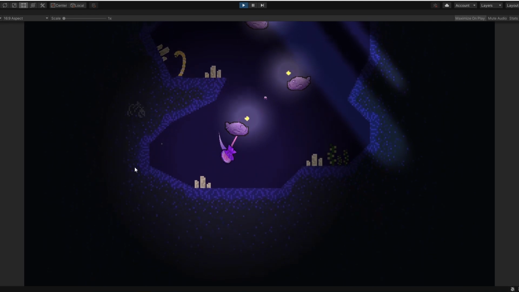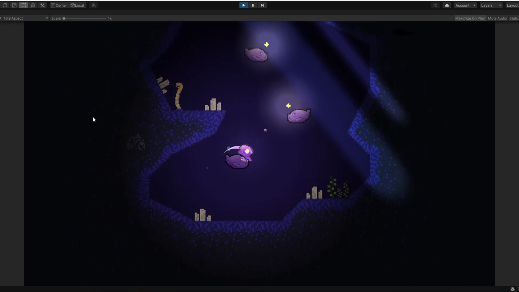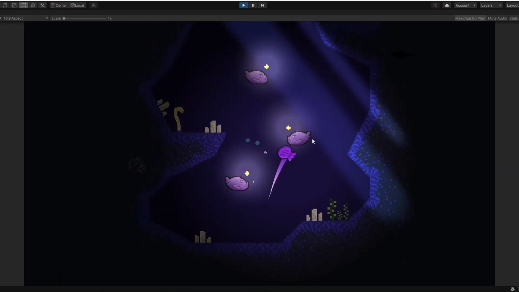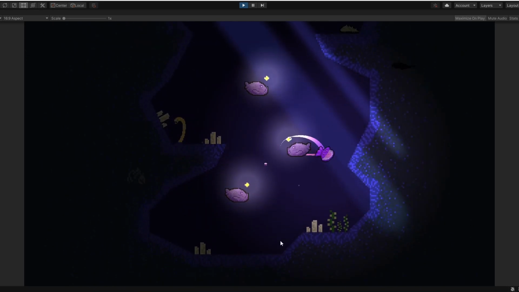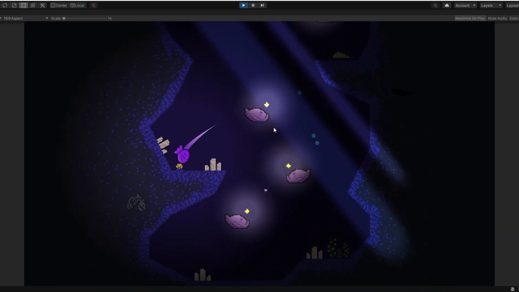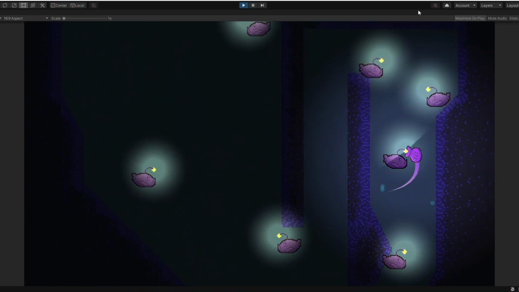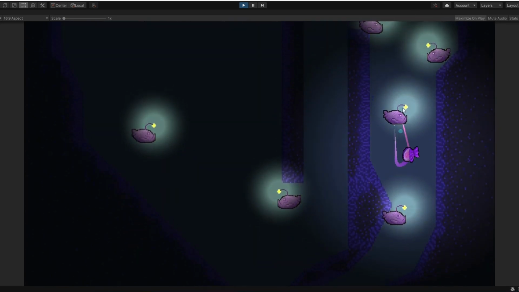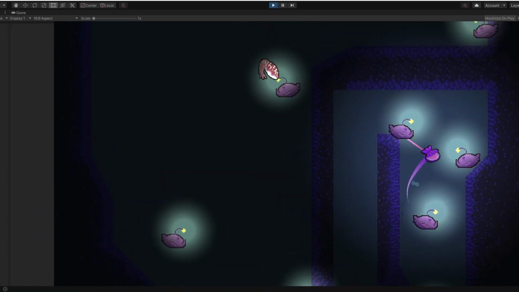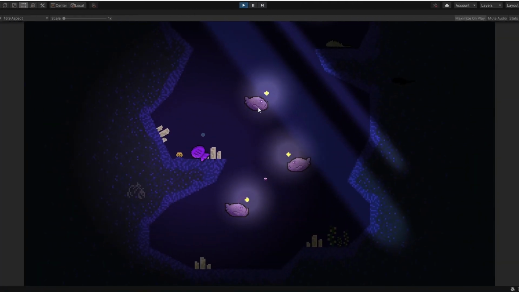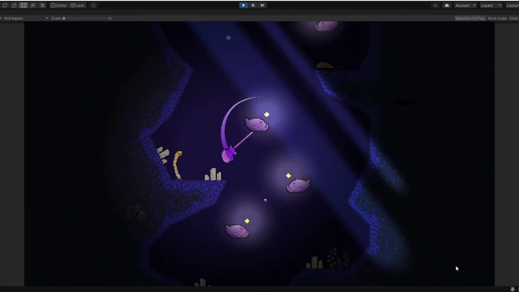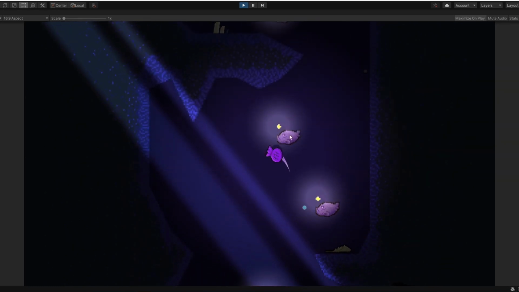It is rad as heck. Tons of potential for cool little things with this update. And what I've done so far is that the whole scene is darker and will light up as you go up. You have a little light attached to you. And I mean, you're in an ocean trench, so it makes sense to have everything be super dark. There's a tiny bit of global light so that nothing is in complete darkness, but for the most part, you can only see what's right around the clam.